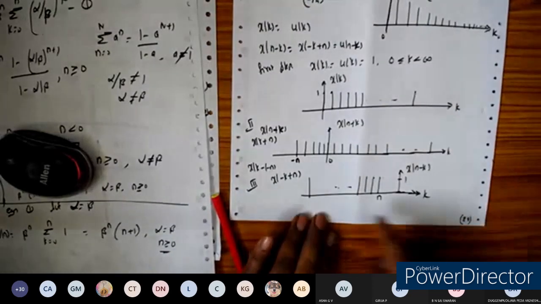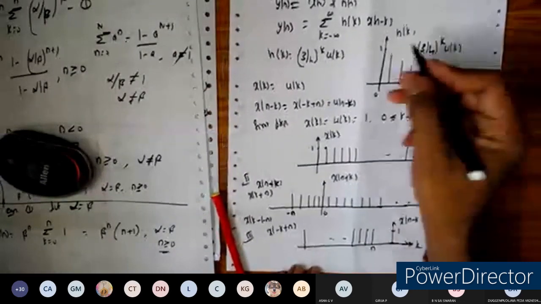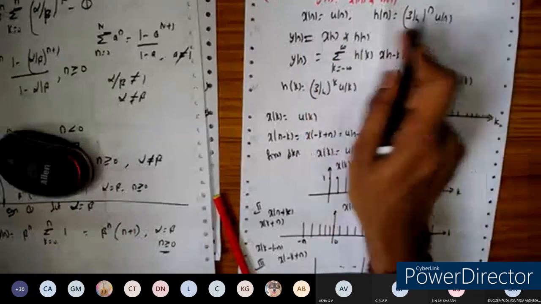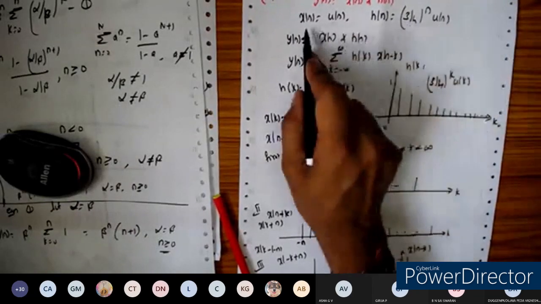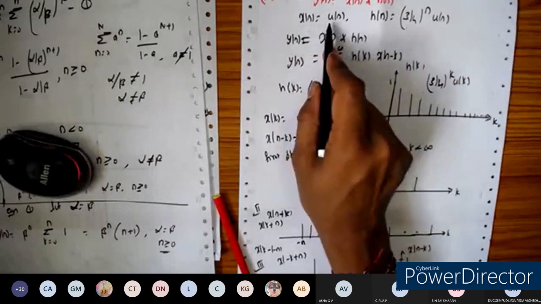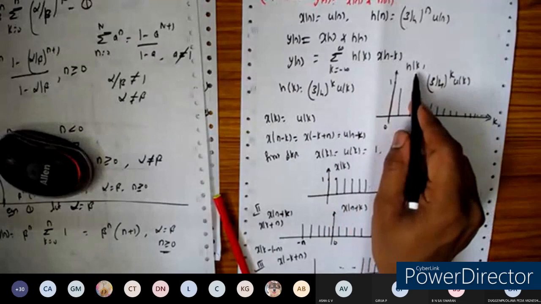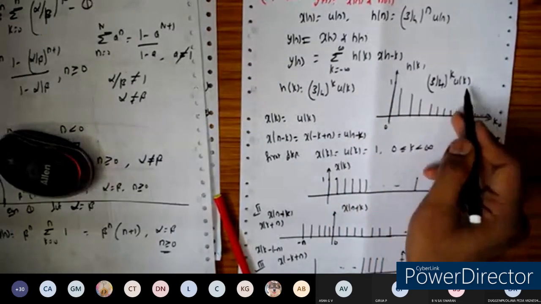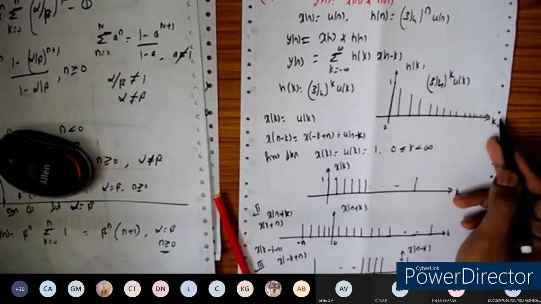So done. Now we have drawn the waveforms here. I'll repeat what we have done. Among these two, I identified which is the simplest one, because I don't want to burden you. I introduced the shift in the simplest sequence, so we got h of k into x of n minus k. h of k is nothing but 3 by 4 to the power of k into u of k. We know u of k is 1 from 0 to infinity, so we have drawn the waveform here.